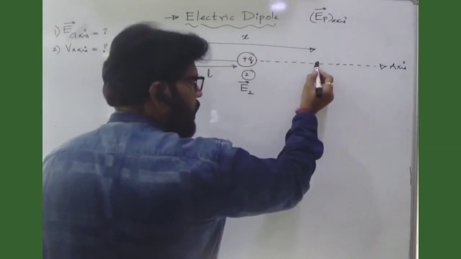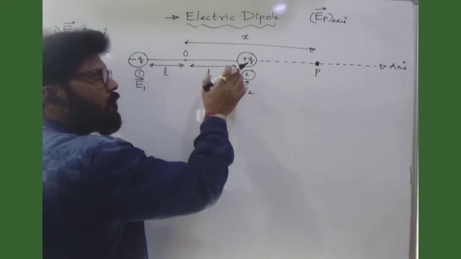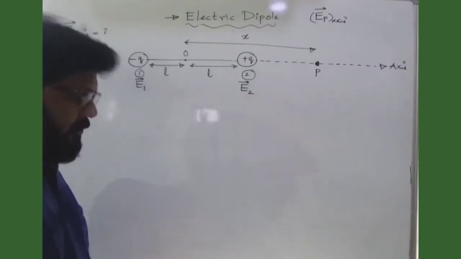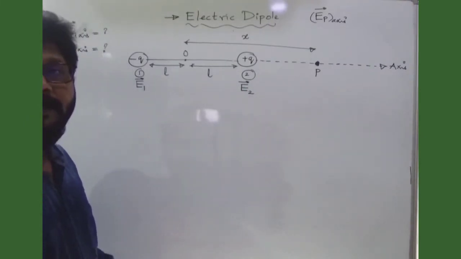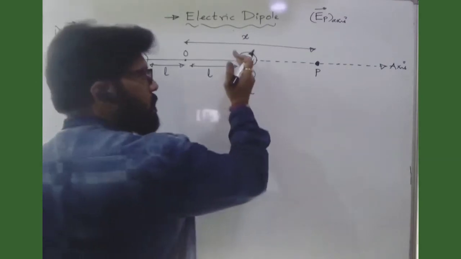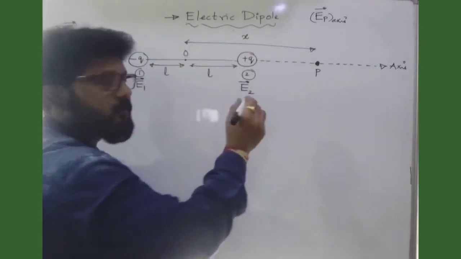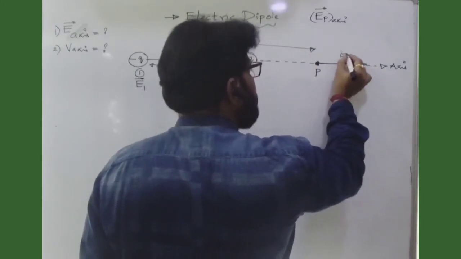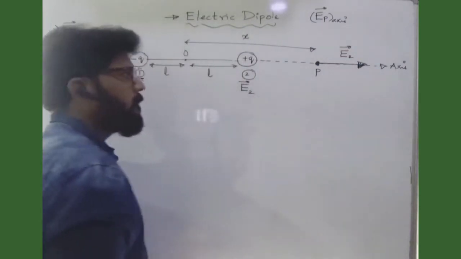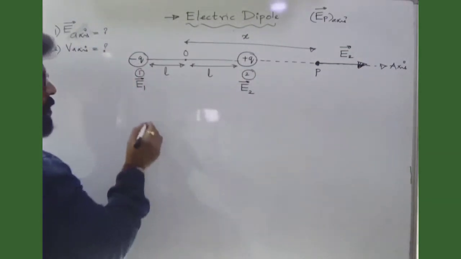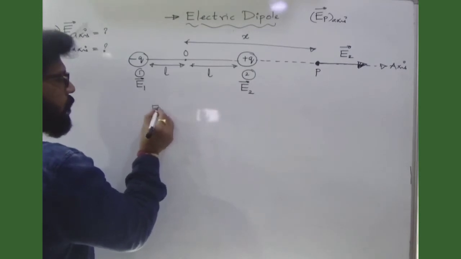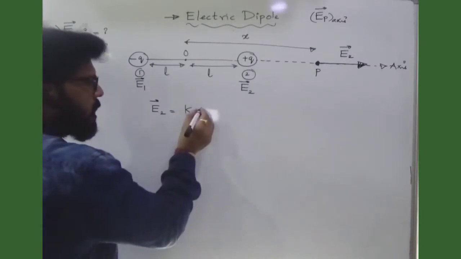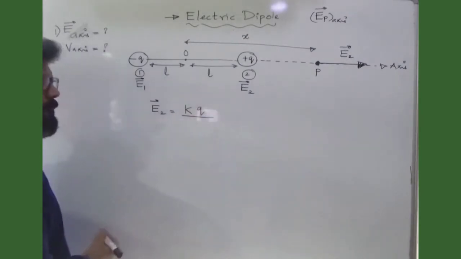Now can you tell me, at this particular point, due to the second charge, the electric field intensity direction? Is the electric field direction away from a positive charge or towards? Away, right? So this is nothing but away, which is E2. If I want to write E2, can you tell me what is the formula for E2? E2 is equal to K into Q divided by R square,